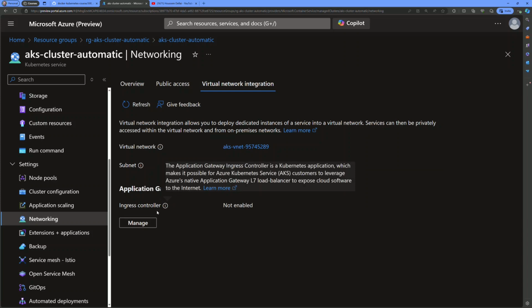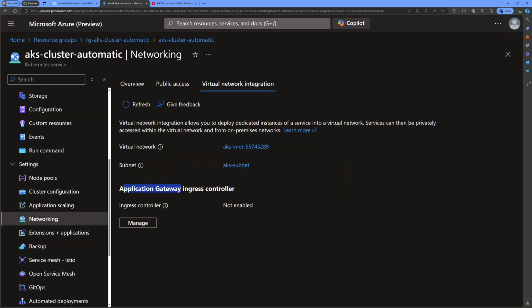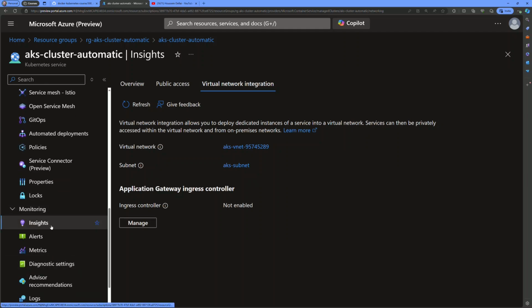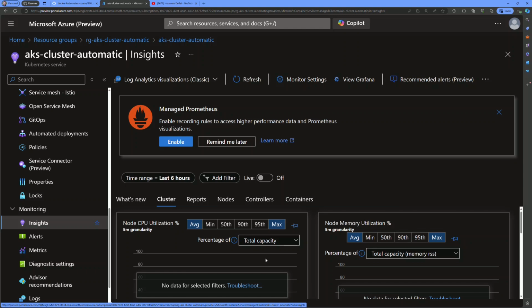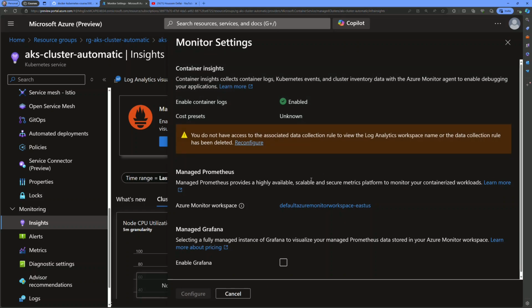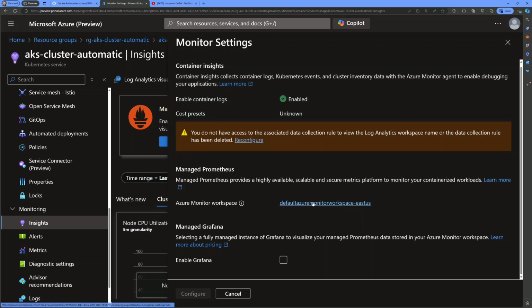Note here, ingress controller for Application Gateway is not yet supported. So for today, you should be using the application routing that uses the Nginx ingress controller. Great. Next, if I go to the monitoring section, go to Insights. From here, you can see that you can enable managed Prometheus. So we have actually a managed Prometheus instance created for us with a managed Grafana,